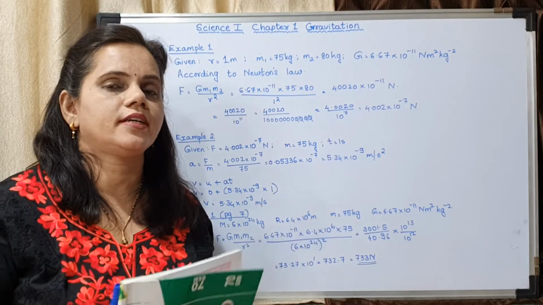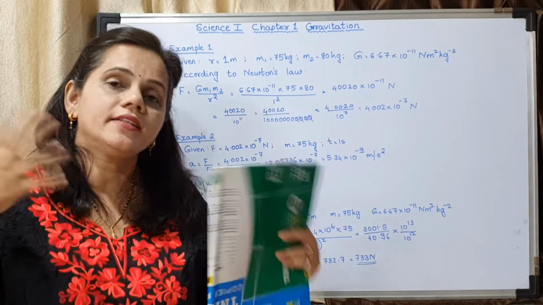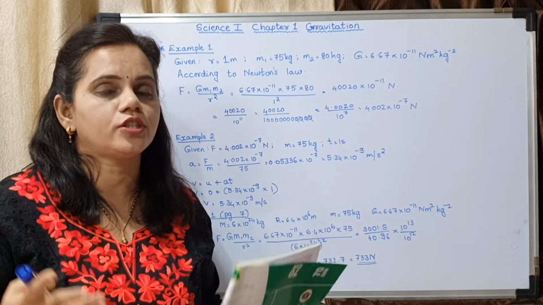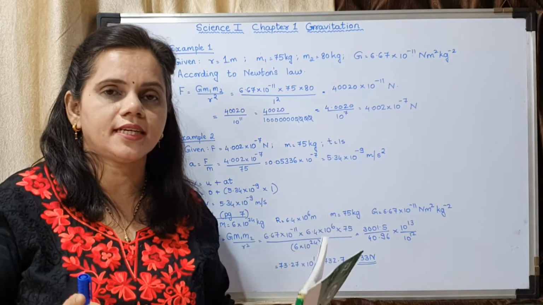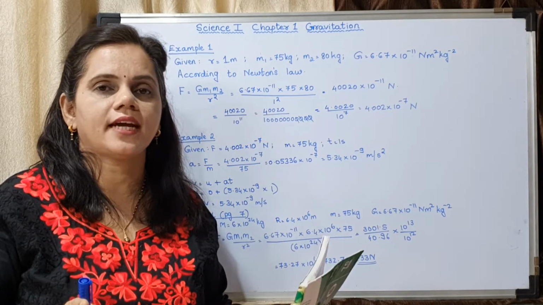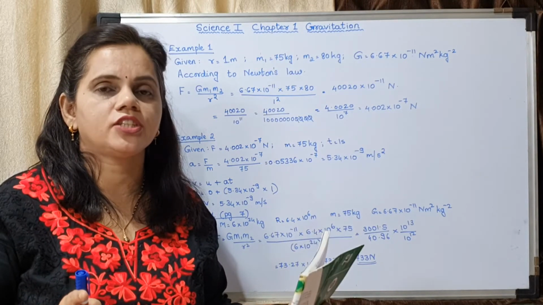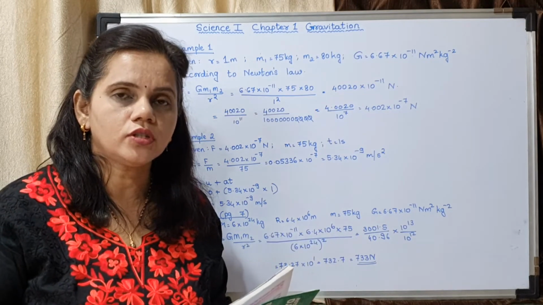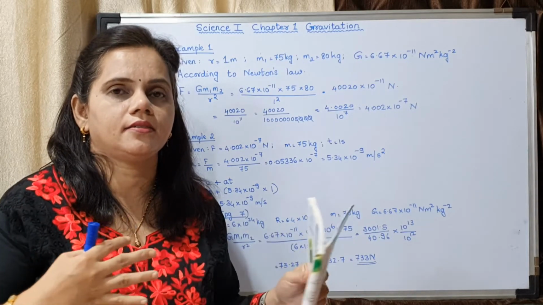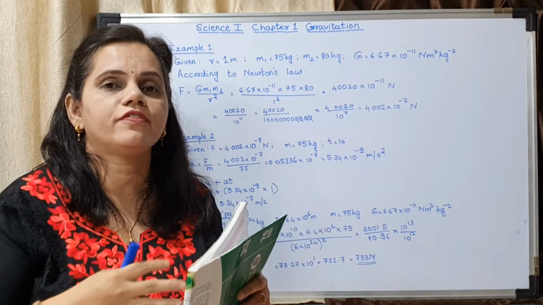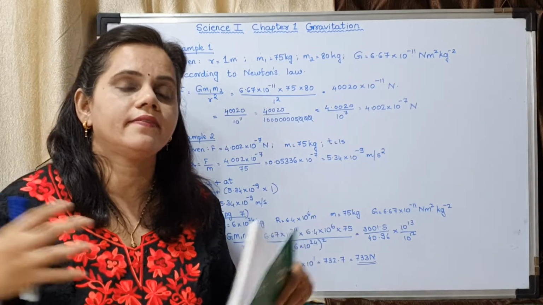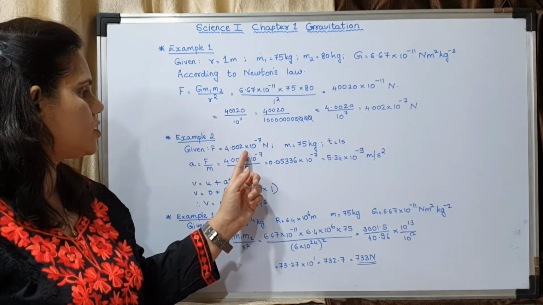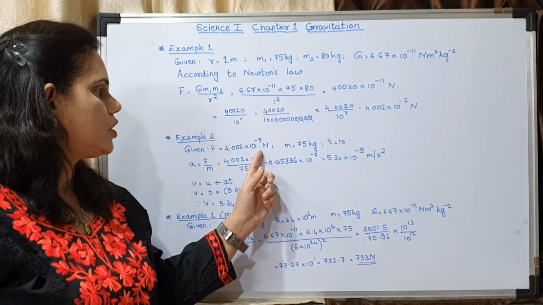Because that force of attraction is very, very less, and there are other forces also which are acting on the body. Understood? For example, if two persons are sitting, then there is a frictional force acting on their bodies. So consider here there is no frictional force and Mahendra is getting attracted to Virat. What will be their velocity? So first you have to find out F. F is given as 4.002 into 10 raised to minus 7 Newton.